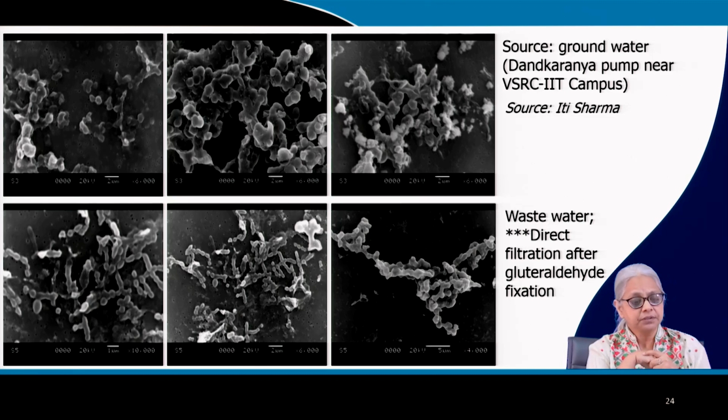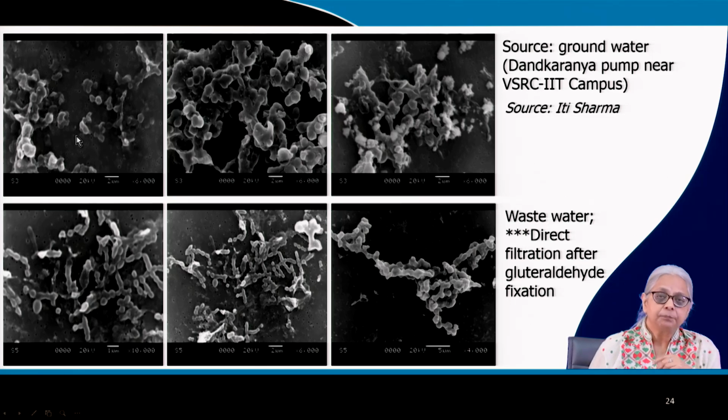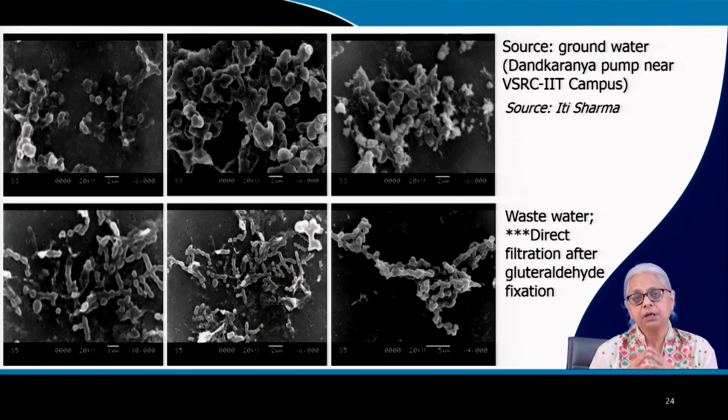Then we have 2 other sets of samples. We have groundwater and wastewater samples. You can see that when you're dealing with natural water samples, you have a huge amount of mix of species as well as organic matter from various other sources. So it becomes very difficult to